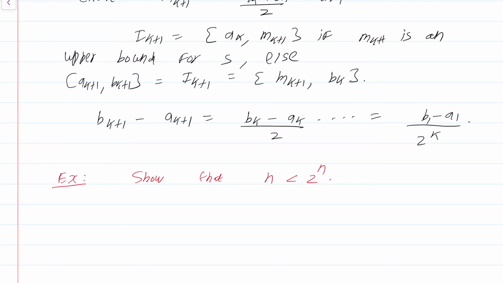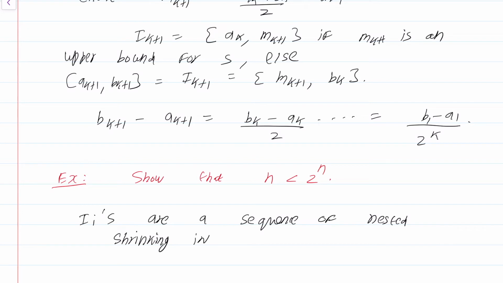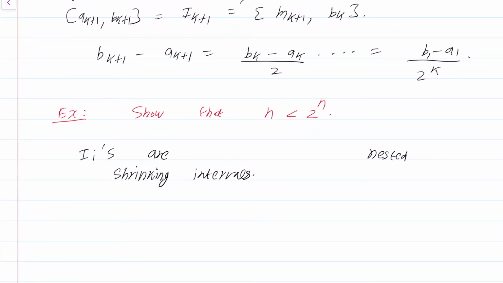Once you have that, we'll have that these I_n's are nested shrinking intervals. Okay, let me not use the word sequence. I will just use I_n's are nested shrinking intervals. Okay, therefore by the nested shrinking intervals theorem,